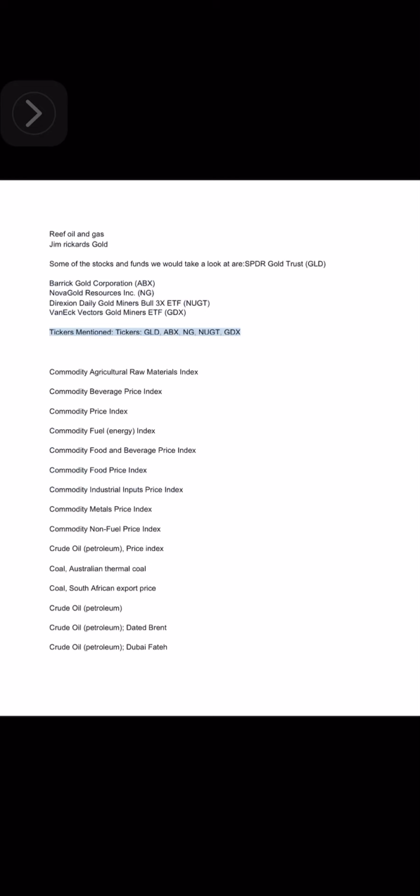Commodity Agricultural Raw Materials Index, Commodity Beverage Price Index, Commodity Price Index, Commodity Fuel Energy Index, Commodity Food and Beverage Price Index, Commodity Food Price Index, Commodity Industrial Inputs Price Index, Commodity Metals Price Index, Commodity Non-Fuel Price Index, Crude Oil, Petroleum, Price Index, Coal, Australian Thermal Coal, South African Export Price, Crude Oil, Petroleum, Dated Brent Crude Oil, Petroleum, Dubai Fateh, Crude Oil, Petroleum, West Texas Intermediate, Diesel, Gasoline, Heating Oil, Indonesian Liquefied Natural